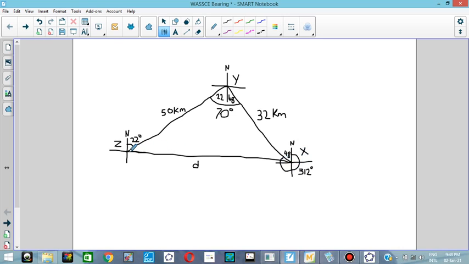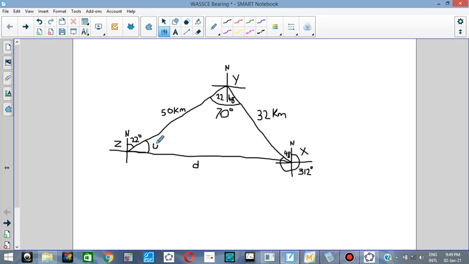The only way we can get this angle, this angular turn, is to first of all get this angle here. So the angle that connects x to z, I need to calculate it first. Sorry, the angle between this line xz and this line xy. So if I can get this angle,